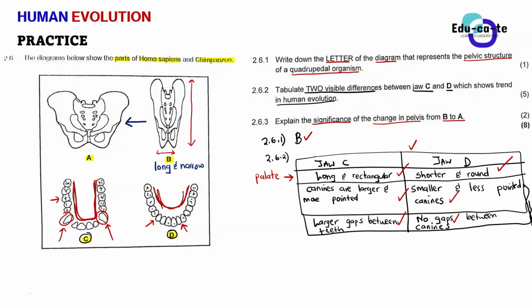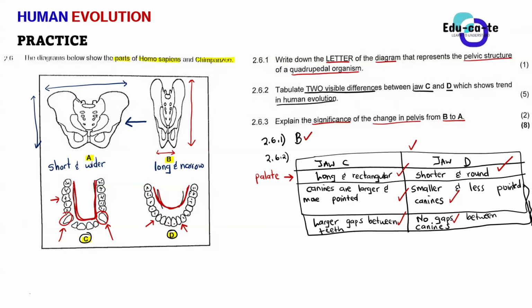But when you look at the pelvis at A, you guys, what can you say about the pelvis of A? Well, sir, the pelvis of A is short and wider. Yes, it is short and wider. So we've got long and narrow, short and wider. One can see that it has got a bigger diameter, a bigger width, or a bigger breadth than the height, which is short as well. So this is short and wider.